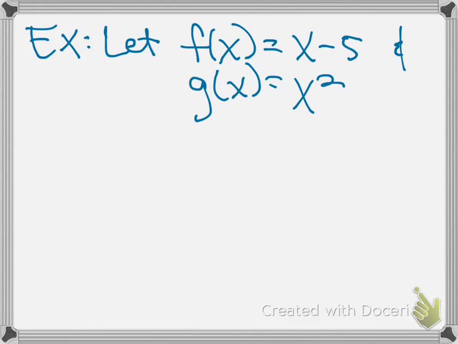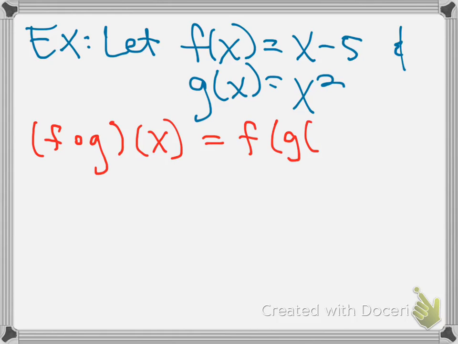Now let's say you wanted to find the composition of these two functions, but you wanted to do it in the opposite order. Instead of finding g of f of x, you wanted to find f of g of x. So in that case, using our notation, we would just switch the order. The f would come first, f of g of x. And again, I like this second version of the notation a little bit better because it tells you where to start. Whatever function's on the inside of this notation on the right,